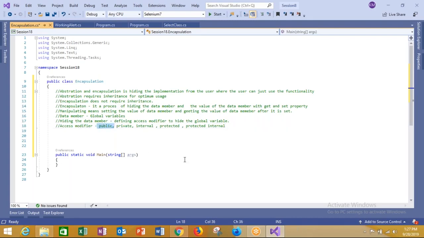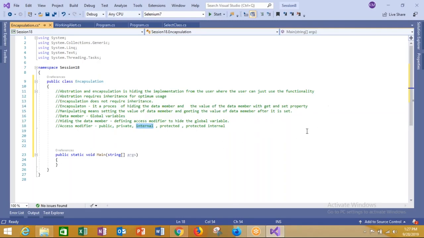So public can be used anywhere. Private can be used only in the class in which you are defining that particular data member or method. Internal means in all the classes of the current namespace